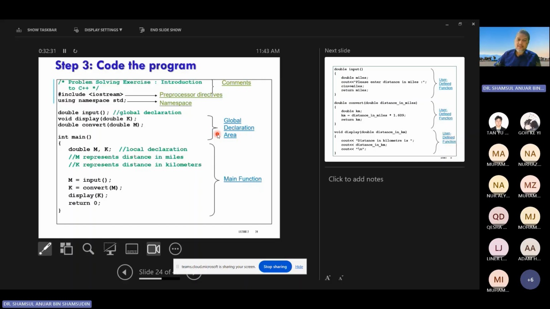Sometimes, if this is an exercise that you have to turn in, you probably have to write your name here, and your class, section 6, section 7,